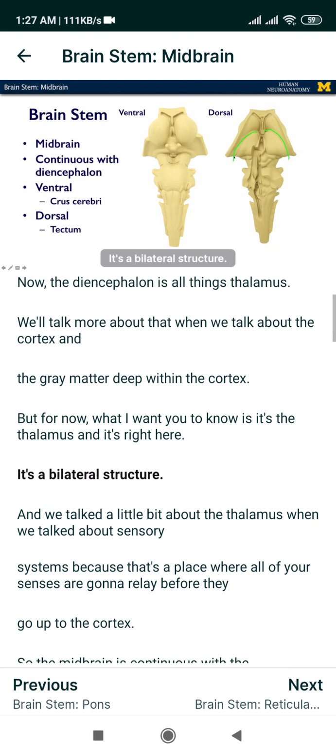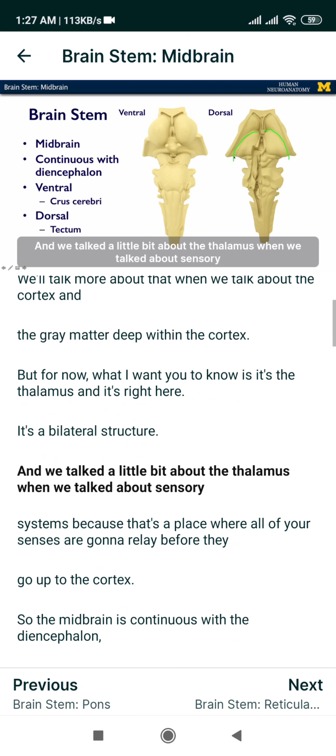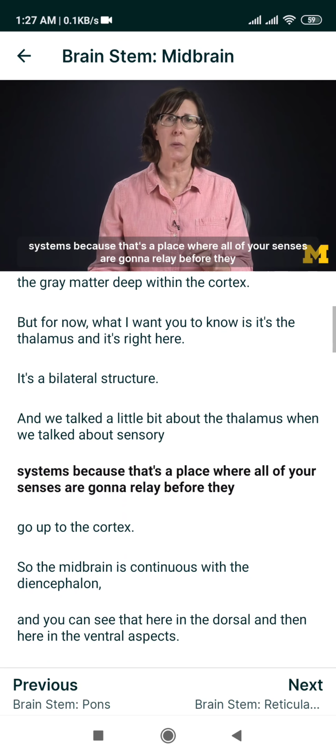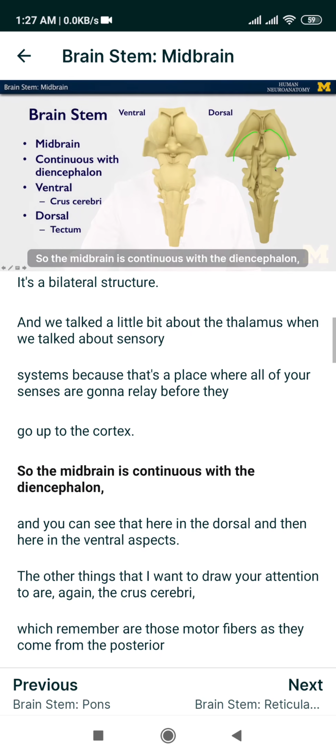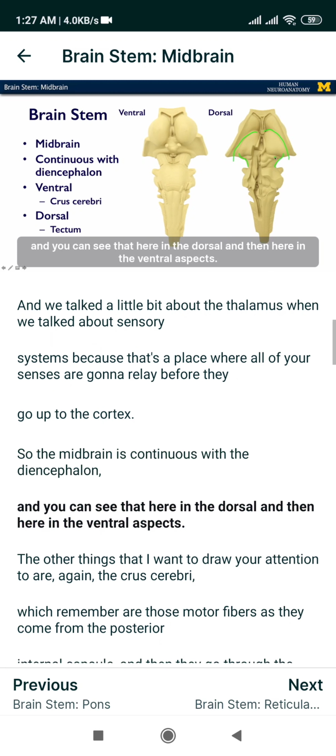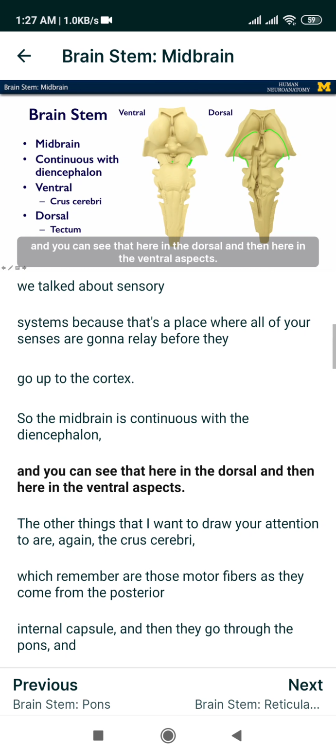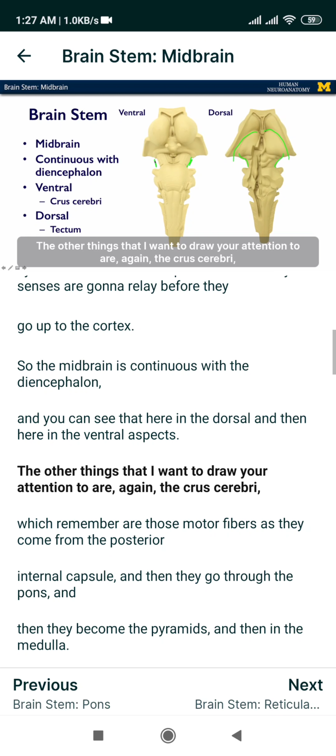It's a bilateral structure, and we talked a little bit about the thalamus when we talked about sensory systems, because that's a place where all of your senses are going to relay before they go up to the cortex. So the midbrain is continuous with the diencephalon, and you can see that here in the dorsal and then here in the ventral aspects. The other things that I want to draw your attention to are, again, the crus cerebri,